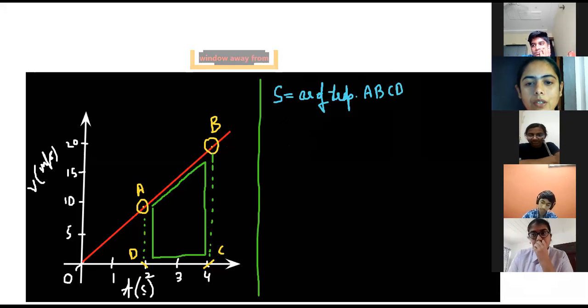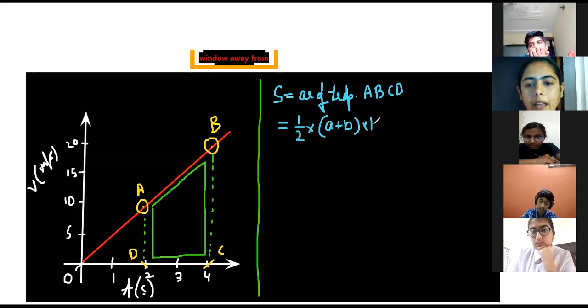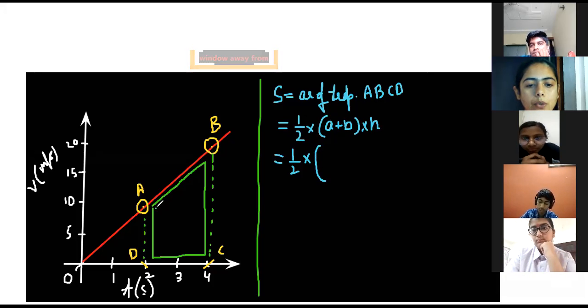Don't worry. So area of trapezium ABCD we have to find. That is going to give you the displacement. Charchit, your eyes onto the screen. Area of trapezium formula is half into sum of parallel sides. Let's say first side we call A, second side we call B. So the sum of parallel sides multiply by the height H. Now if you look on the figure ABCD, parallel sides: one is A to D, A to D is your parallel side. Second parallel side goes from B to C.